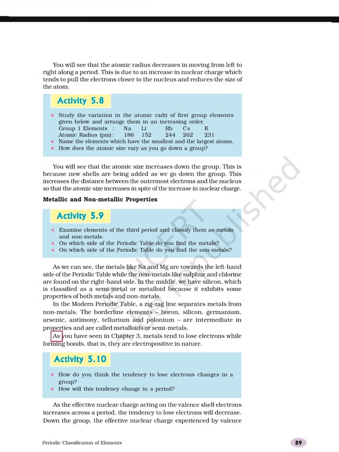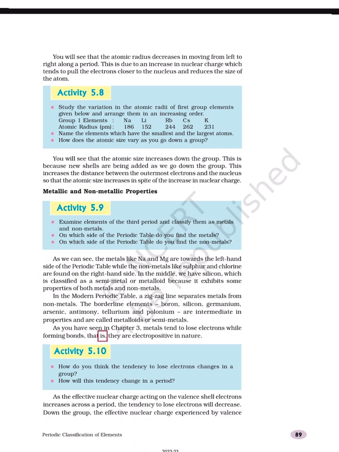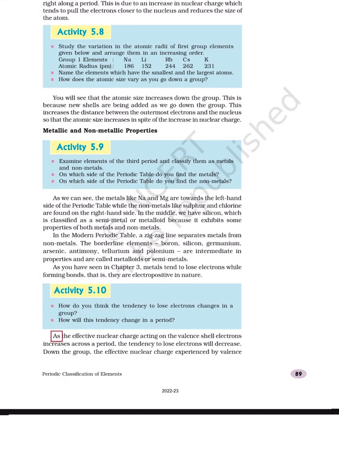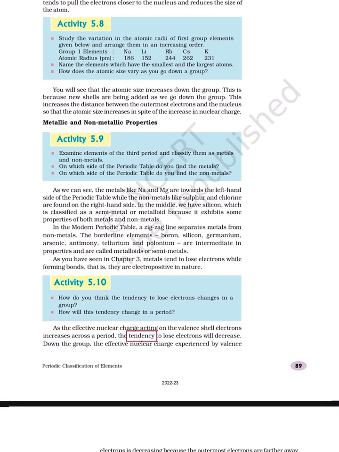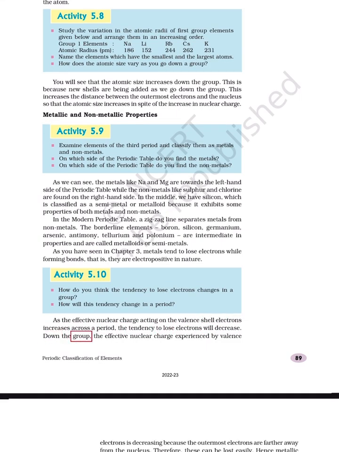As you have seen in chapter 3, metals tend to lose electrons while forming bonds. That is, they are electropositive in nature. As the effective nuclear charge acting on the valence shell electrons increases across a period, the tendency to lose electrons will decrease. Down the group, the effective nuclear charge experienced by valence